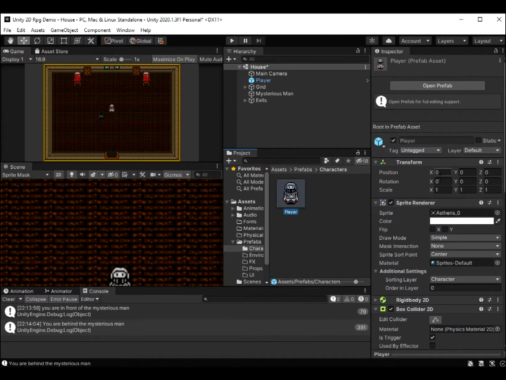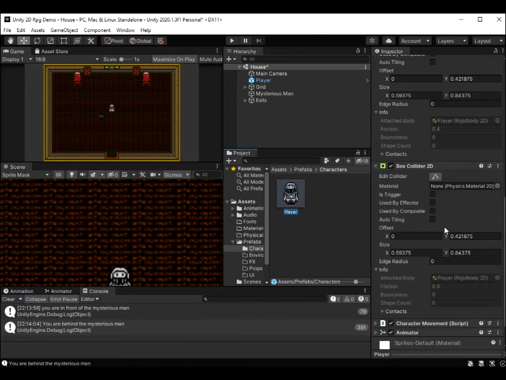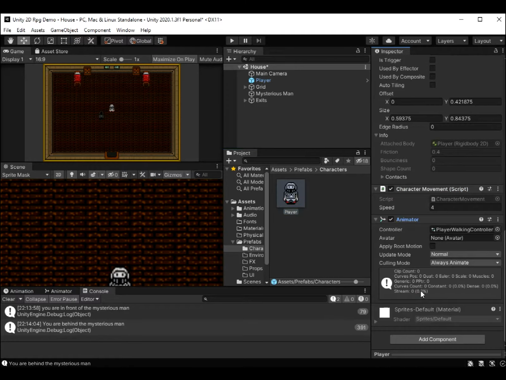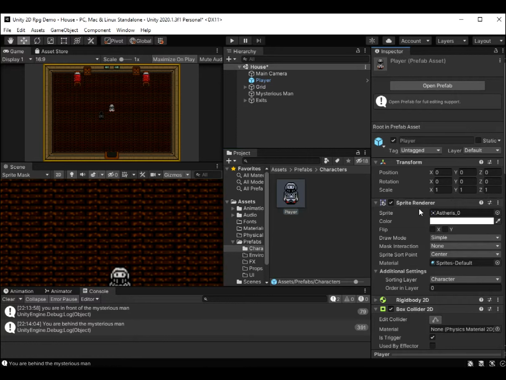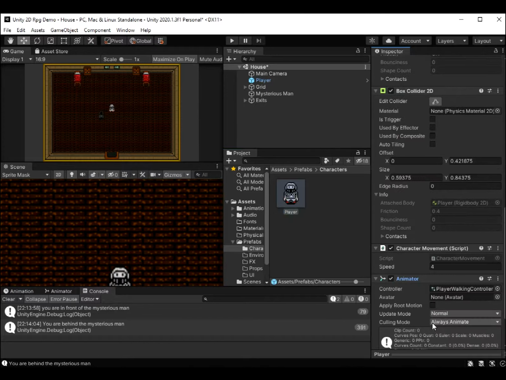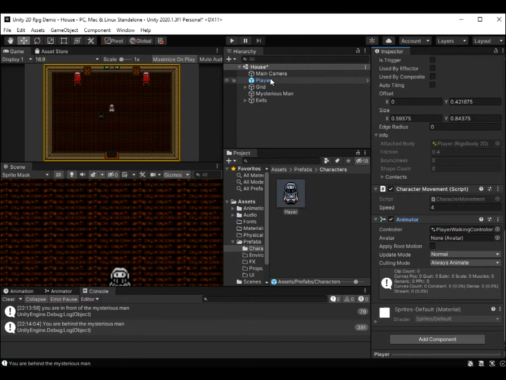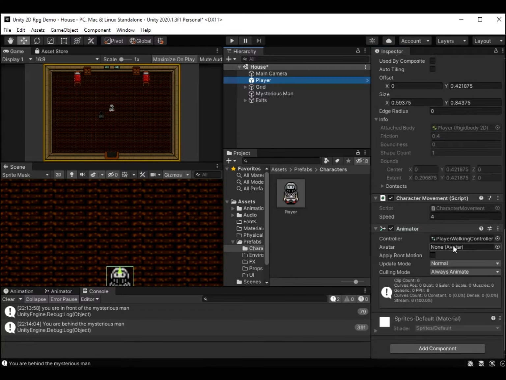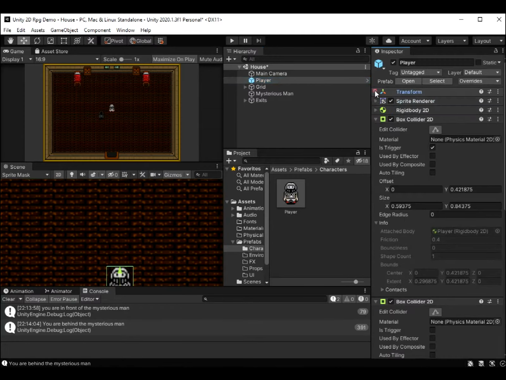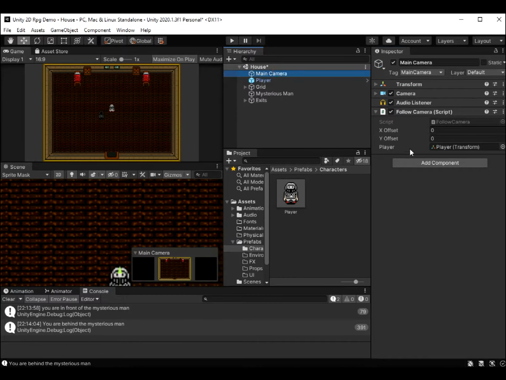Another big thing we need to do, this position 0, 0, 0, let's always set him at 0, 0, 0, just because that's where we want our prefab at. All right, so as you can see, everything is in here. I think we might have to, do we have our camera script on him? Let's see. I don't think so. Let's see, character movement. Player walking controller. I think our main camera has the player. So then if we go into our scene,